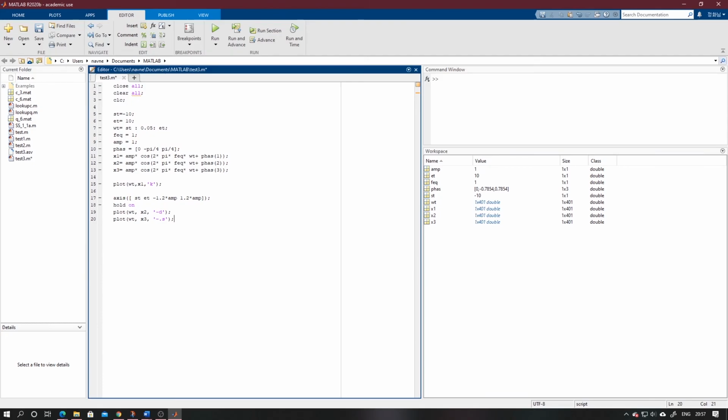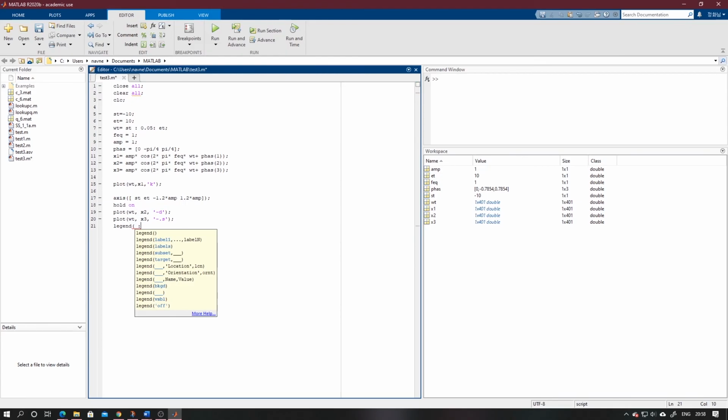Now we have to specify the legends so that we can easily interpret the graph.